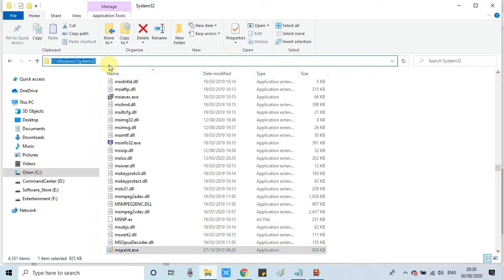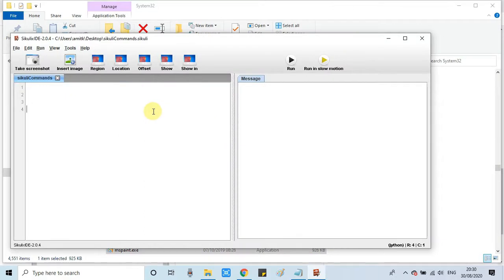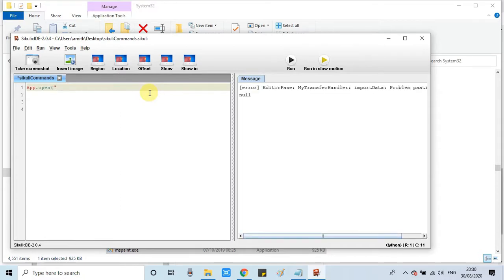So first I am looking for the MS Paint exe. So I have copied the path. Now what I am typing, app.open, then you have to pass the path of that exe. So in this case I am going to open the MS Paint.